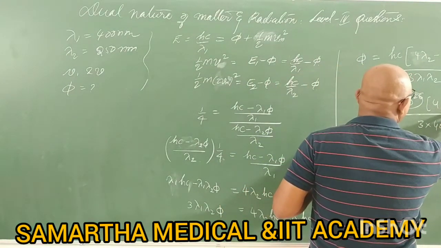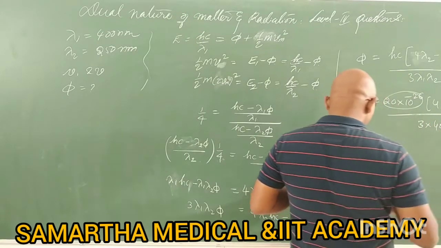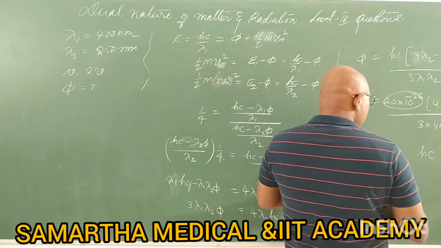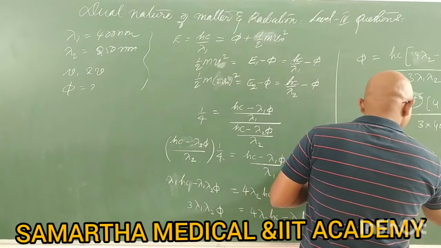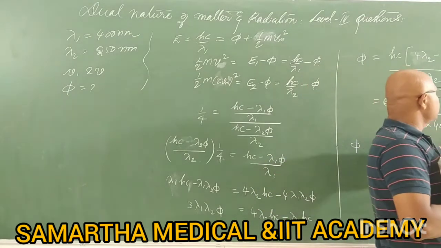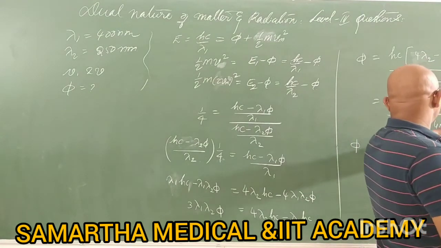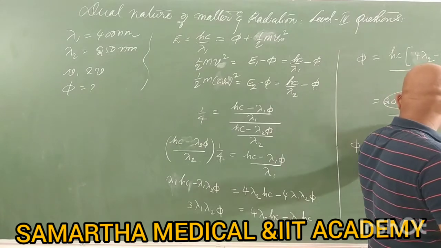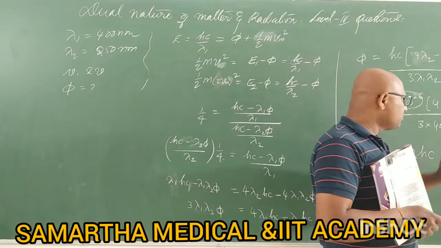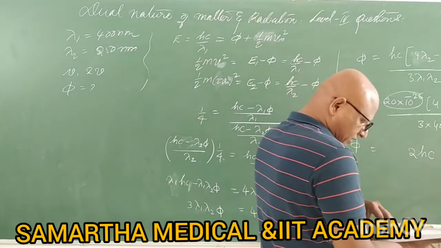Okay, so you need not do the calculation for this particular thing, simply solve this: 4 into 400 minus 250 divided by 3 into 400 into 250. If you solve, the answer will come in terms of Hc only. So the answer, I think, is 2 Hc into 10 to the power of 6, because 10 to the power minus 9, 10 to the power plus 18 minus 9 is plus 9, plus 9 Hc will be there, and after reduction it may come out to be 2 Hc into 10 to the power 6 maybe. Yes, let's see the answer and check.